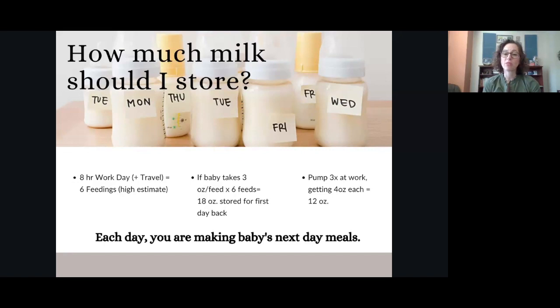And so thinking through, we've got a link in here for a good calculator as well for how much breast milk baby will need in a day's time, or depending on what your time frame is. We'll look at that together in just a moment. But if baby's taking 3 ounces per feeding and is going to need 6 feeds stored for that first day back, then we're going to need to start pumping ahead of time to kind of build up a little bit,